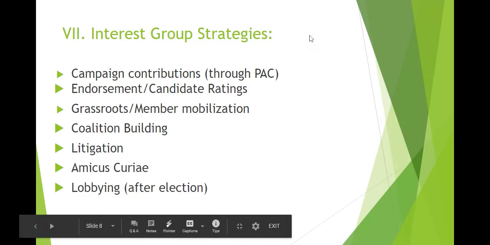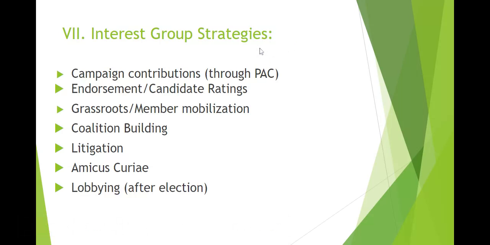If you have any questions, you can definitely send me a Schoology message or an email. You can save them for Tuesday when I see you again. That would be fine. Write them down. Make sure you remember them. You can spend some time now working on your reading notes for this chapter for interest groups and or for media, which is the next chapter. And I'll make sure those are posted on Schoology.